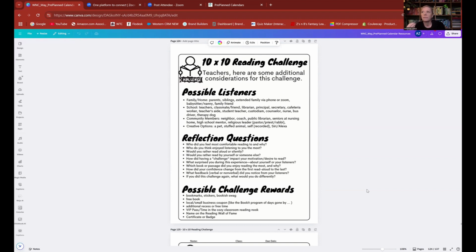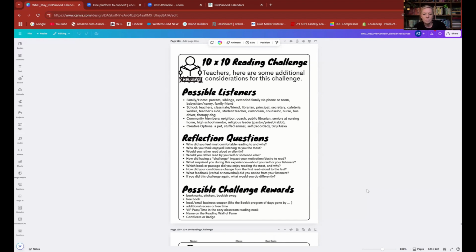And if these guys can make kids think that putting energy and effort into hitting a golf ball across a football field, through a fiery hoop and into a little solo cup, that they'd spend hours doing that pointless activity. Why can't we take that same concept of motivating kids with a challenge to encourage them and motivate them to read? So the 10 by 10 challenge is challenging our students to read out loud for 10 minutes to